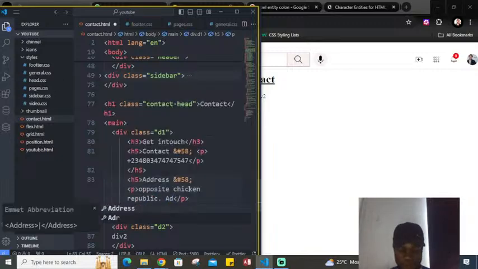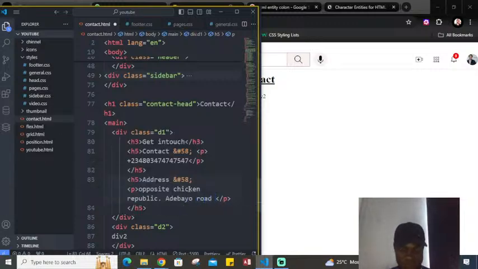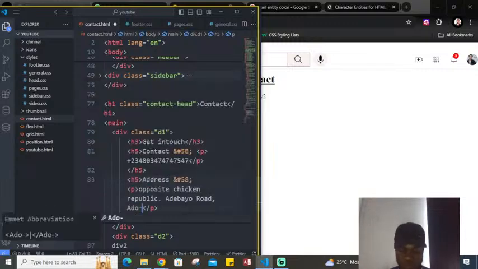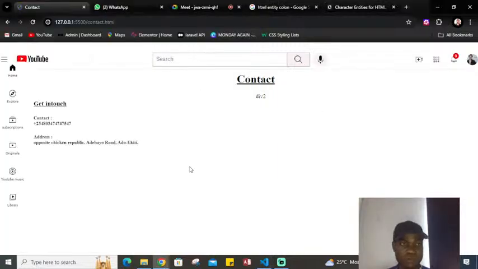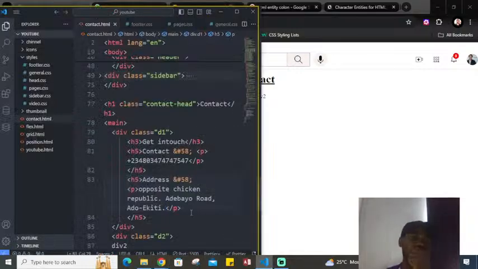They buy your road. This is your wonderful road. They buy your road. Ado Ekiti. Abi? Ekiti, Russia. It's okay like that? Russia. Okay. Alright, so the next thing we are passing there is